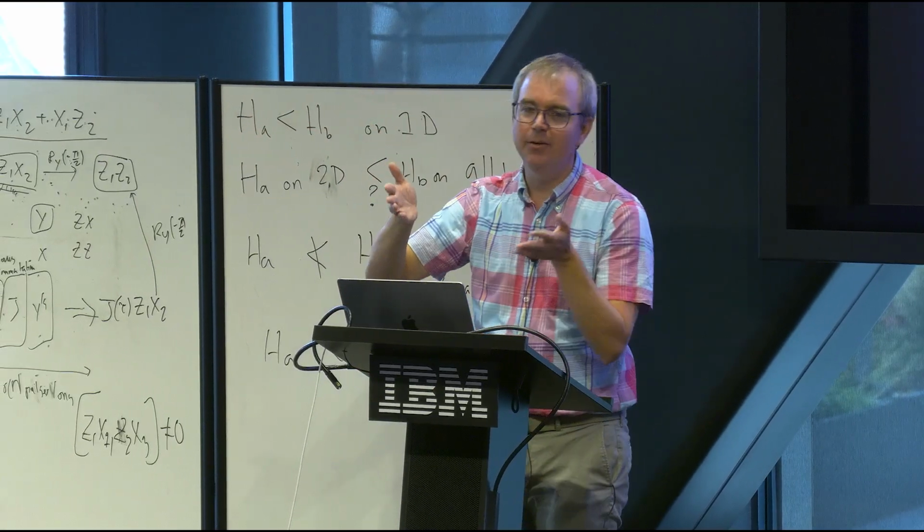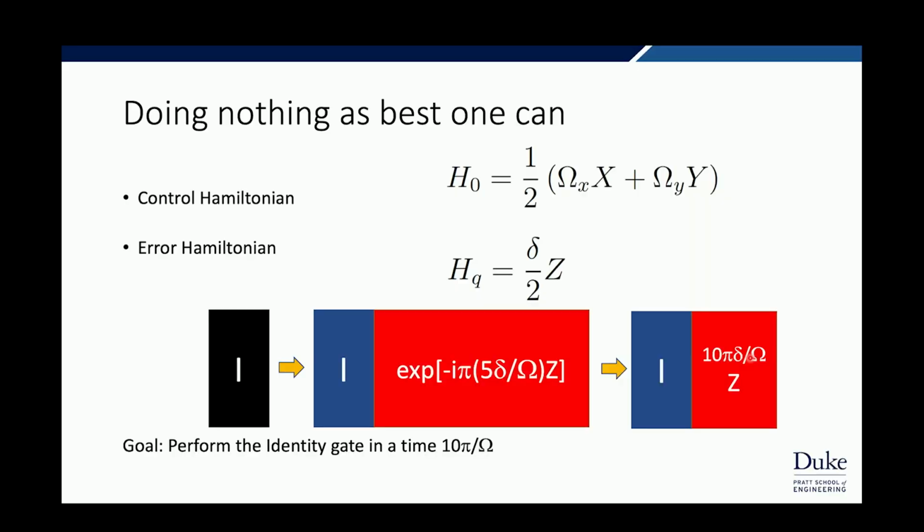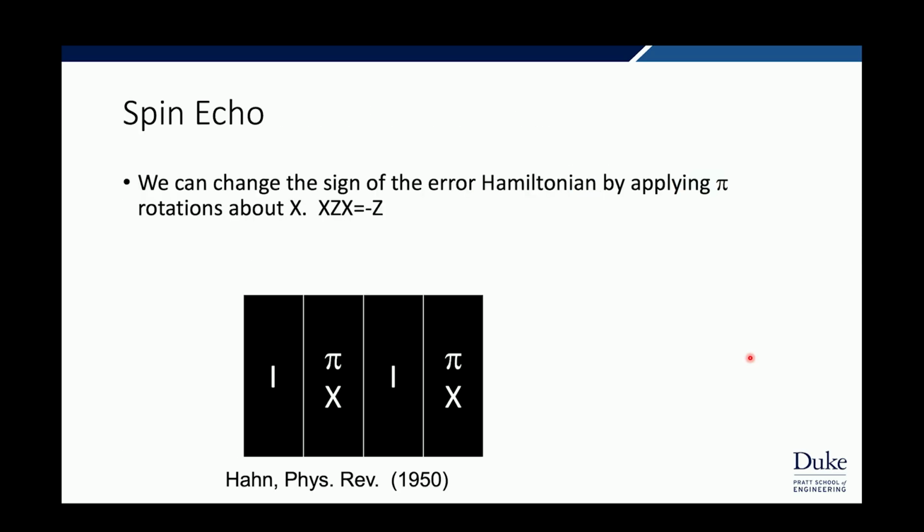But if I just try to do identity, I end up doing this small Z rotation, and I've fixed it to be delta over omega just to have a unitless thing. That is alpha, so that's the length of alpha. So the W, if I don't do Hahn echo, is alpha long, which we can think of as just being delta long. When I apply the Hahn echo,